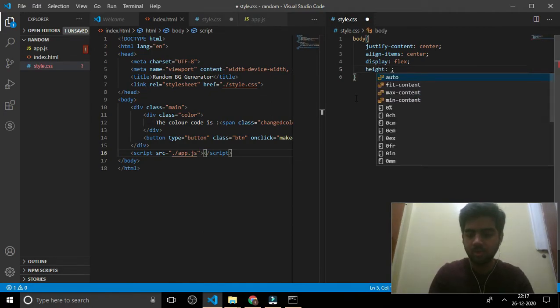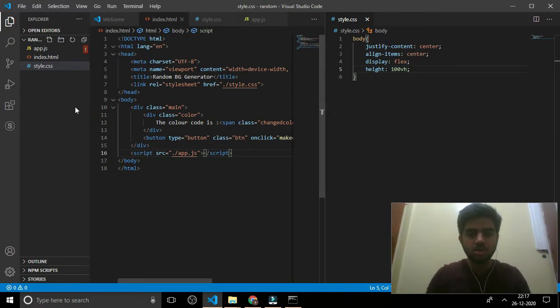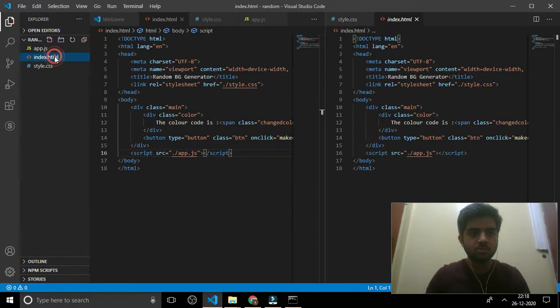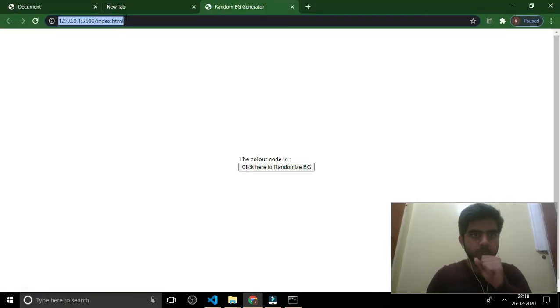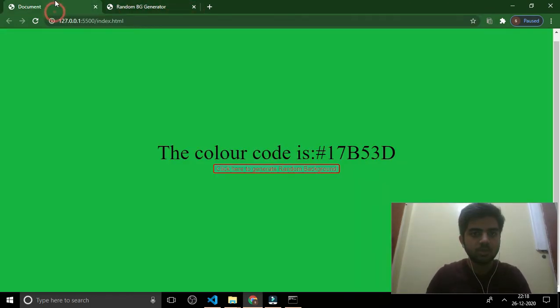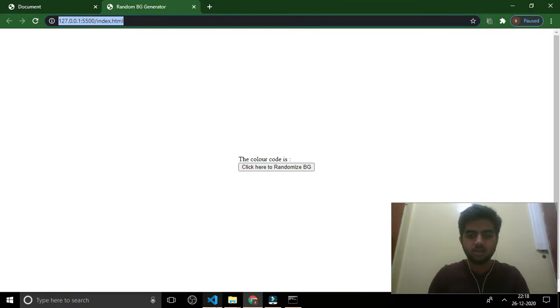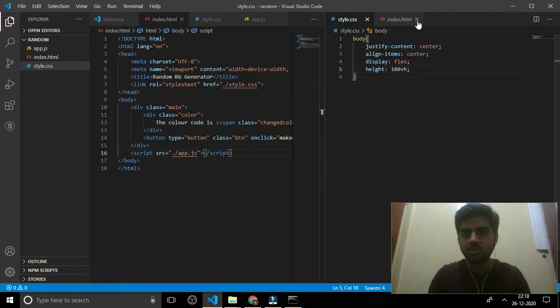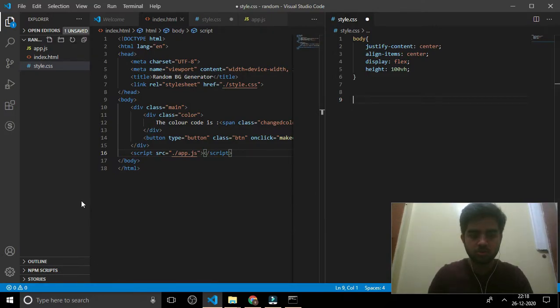Let the height be 100vh. Okay, expected is this one, but now we have got this one. Let's just code CSS.